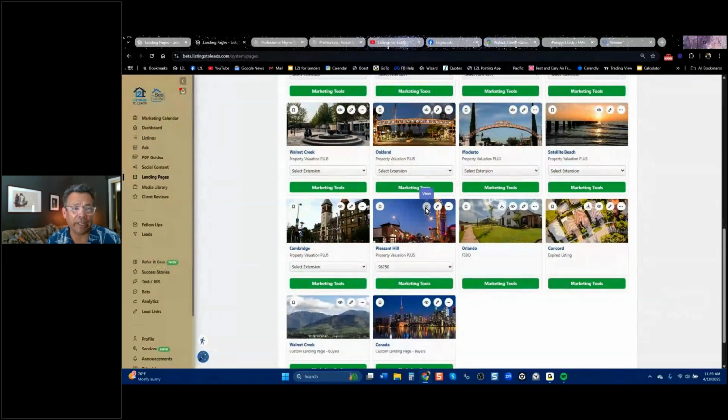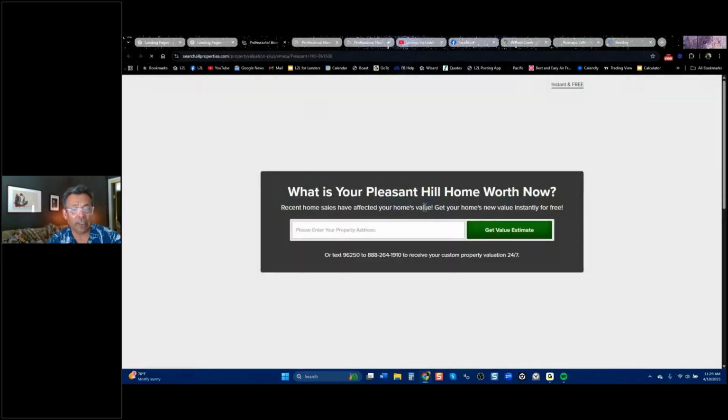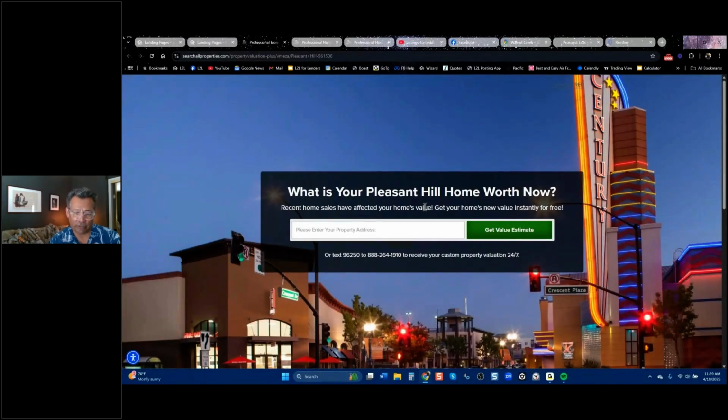This is a small town next to Walnut Creek, and this is the new mall. There's a theater. There's only one theater in this town. That's it right there. And everybody knows there's a bunch of restaurants here. So you want to make sure you're using something that everybody's going to know.